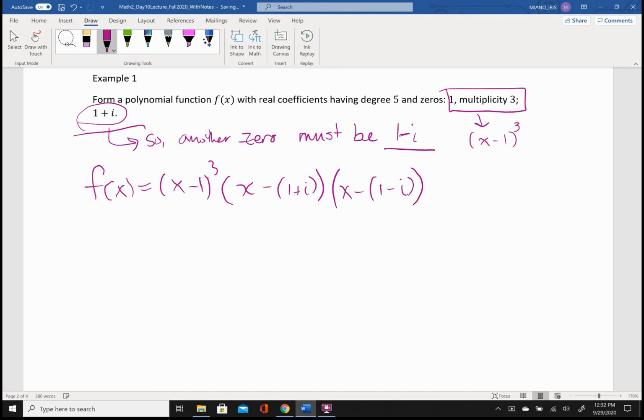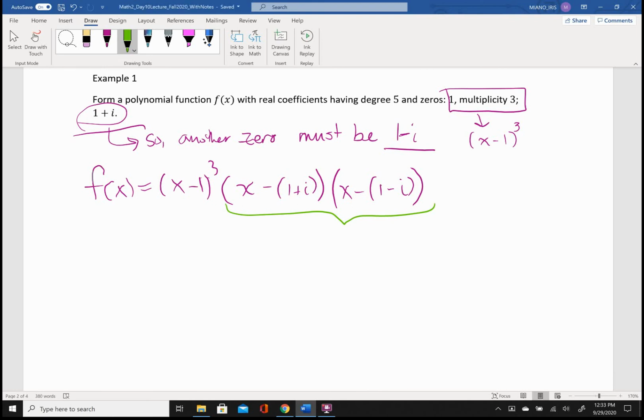You could certainly distribute through that negative sign if you feel so inclined. If you want to keep it this way and just focus on, for instance, this little bit, like multiplying this part out, because eventually you're going to have to multiply all of these things together, because when they say form the polynomial function f of x, it's not explicitly stated, but the implication here is that they want it in standard form. So all of the multiplications need to be addressed, and furthermore, we need to,